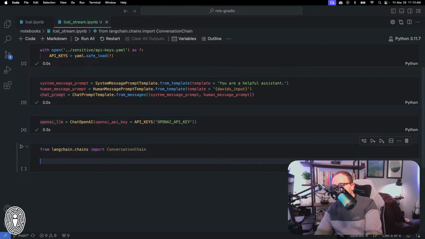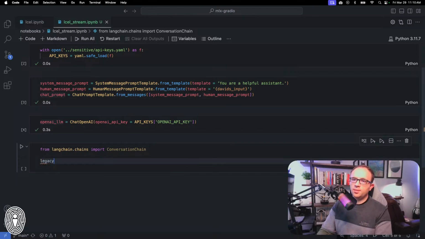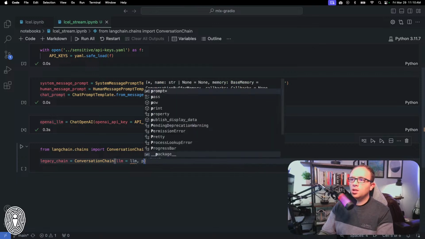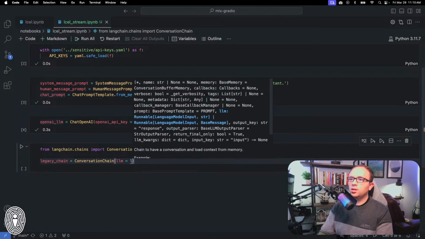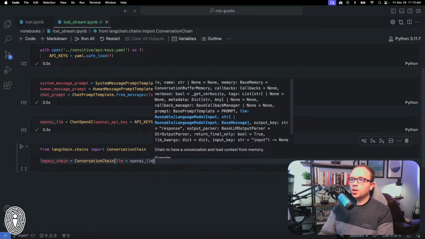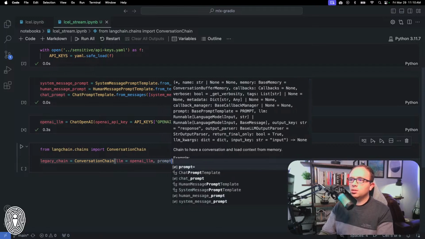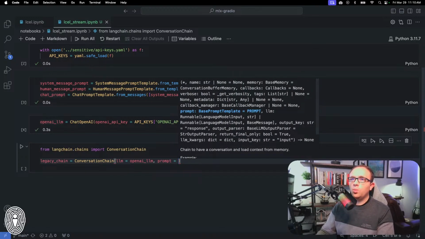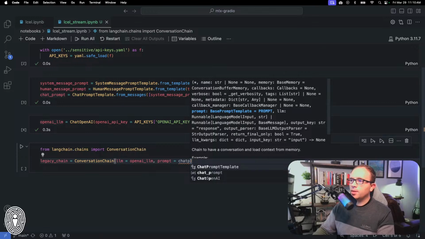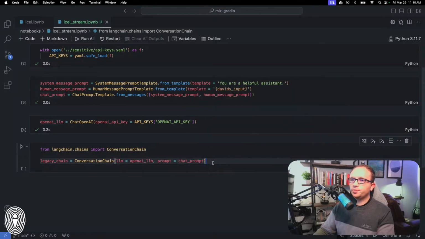So using this legacy object here, let's call this legacy chain. Legacy chain equals ConversationChain. All right, so we need to pass in the LLM equals OpenAI LLM, and then the prompt is going to be what we pass into here, so the chat prompt. Okay, and so then when we invoke it,